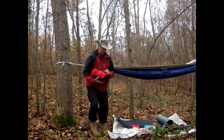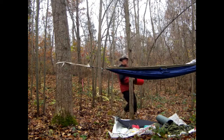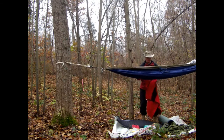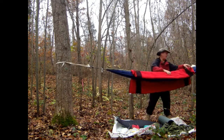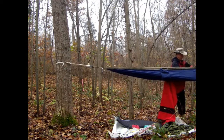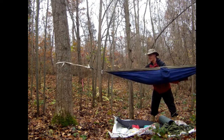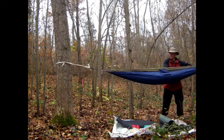So the next thing that goes on is the wool blanket. You can use any kind of blanket you want. You can use a quilt or whatever you're willing to carry. I personally prefer wool. It's very warm, and if it does get wet, you can shake it out, snap it, and it dries very, very quickly with body heat. So there's my underquilt,